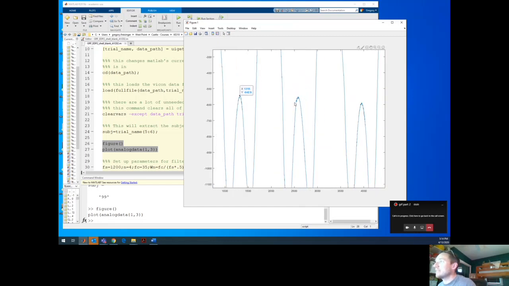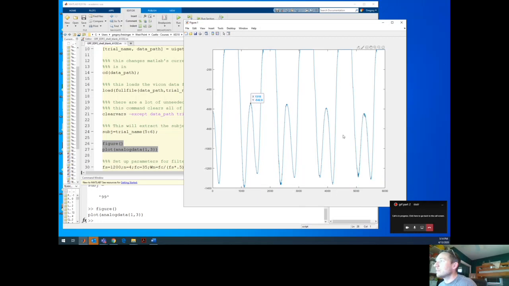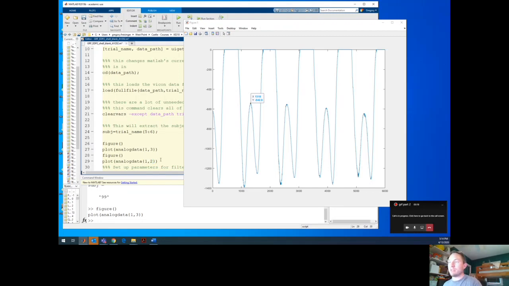It's not as big of a deal. You don't notice it as much in the vertical direction because there's such a huge amount of force going on, so the noise is kind of small. But let's say we go here. I'm going to plot the second one. So this should be the anterior and posterior direction. So if I plot that